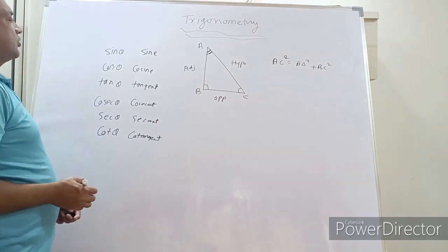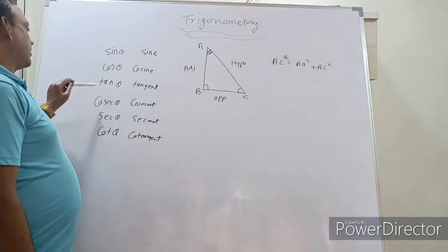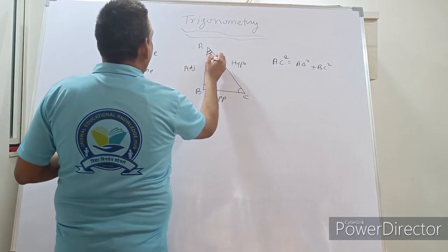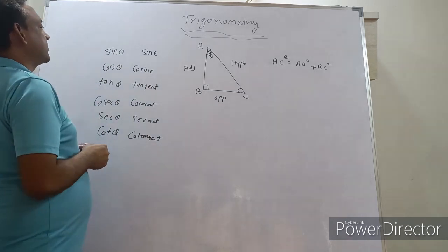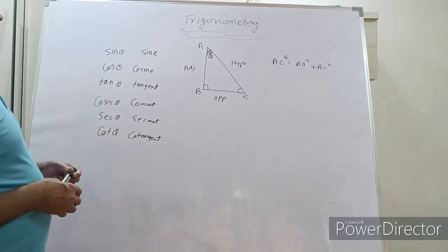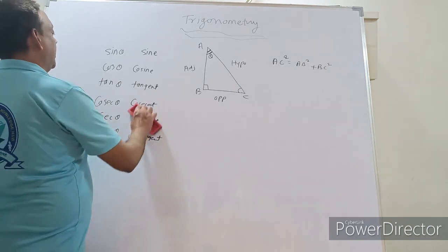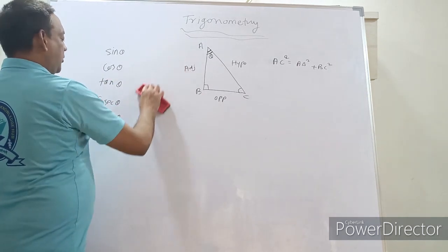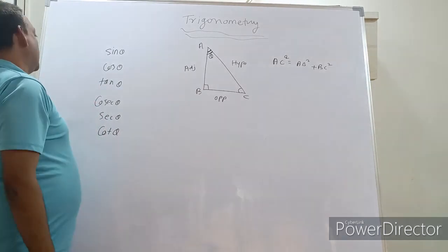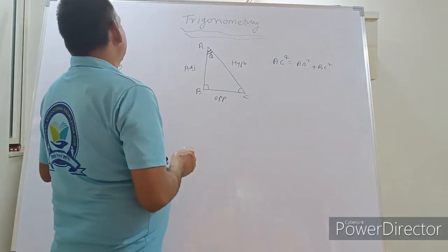Okay, but instead of writing the whole name, we just write the short form: sine, cos, tan, cosec, sec and cot. Suppose we take this angle as theta, so it becomes sine theta, cos theta, tan theta, cosec theta, sec theta and cot theta. Now we'll find out the relationship between these, and with the help of this we can find out some relation with the angle and side also. For that we have one small trick to remember this: